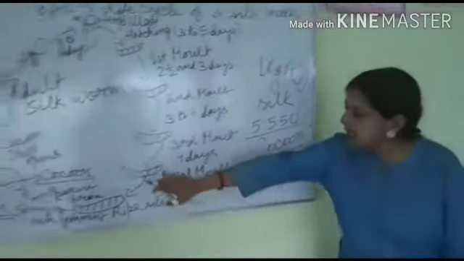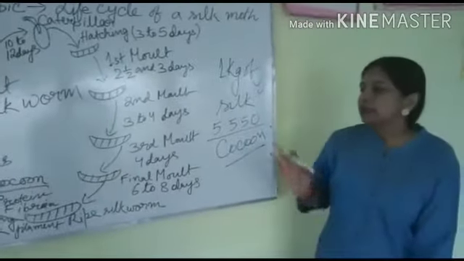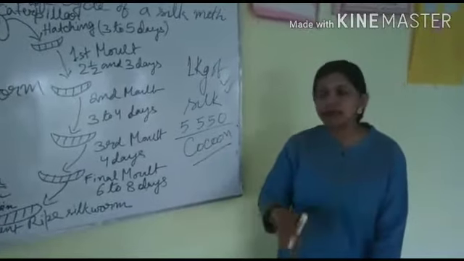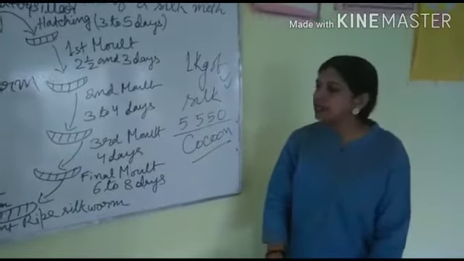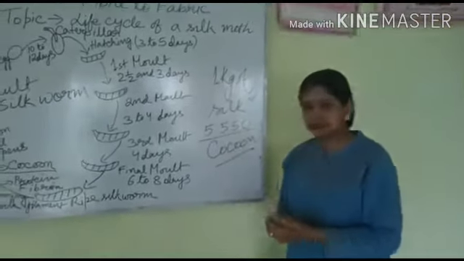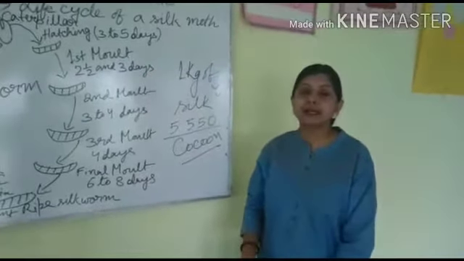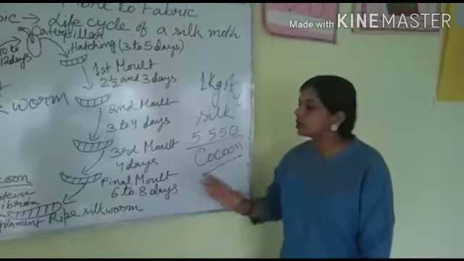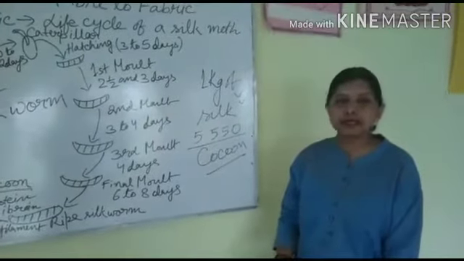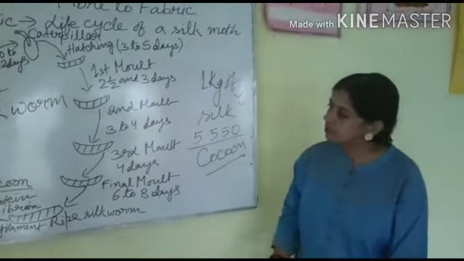Now while putting the cocoons in boiling water, the farmers have to touch them by hand and put them in boiling water. During this process, they suffer from some kind of diseases, which is known as occupational hazard. So we have to take care of the farmers or the workers who are working with the silk fiber. We should provide them gloves so that they are not going to suffer from any kind of disease.